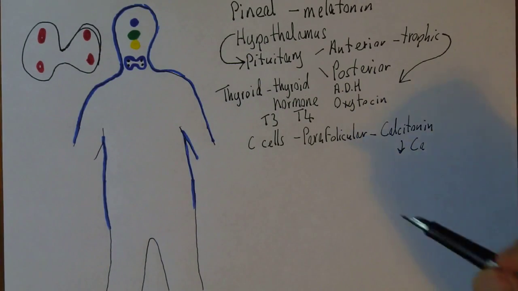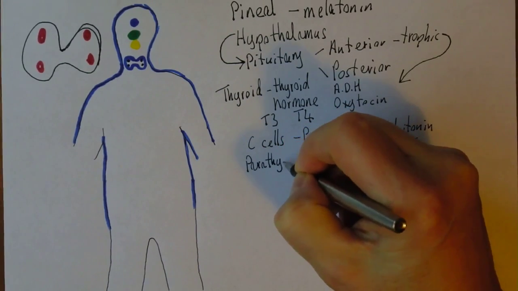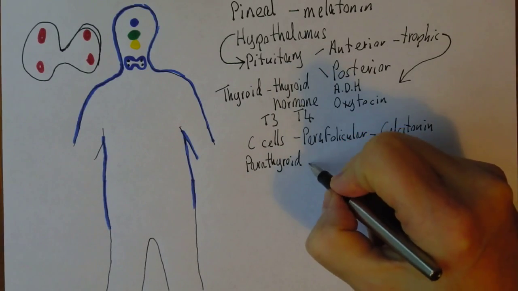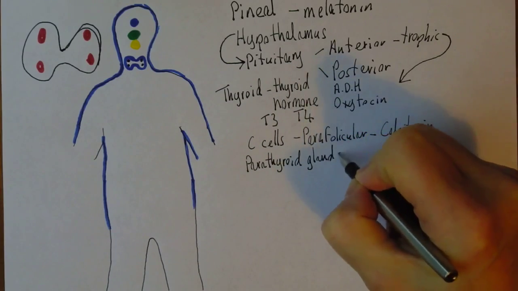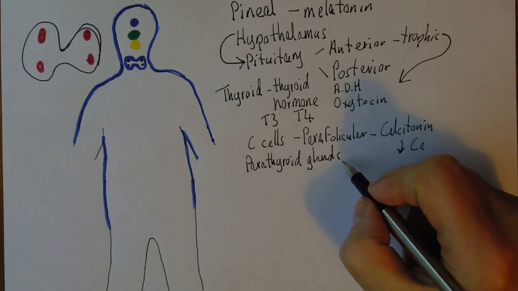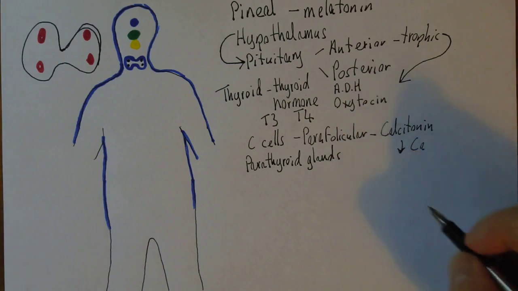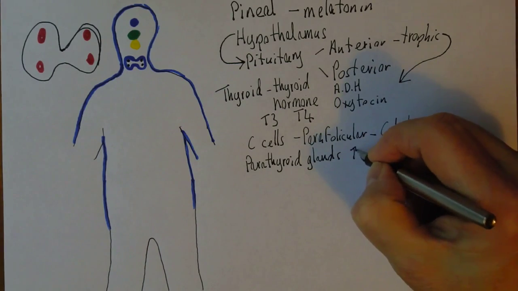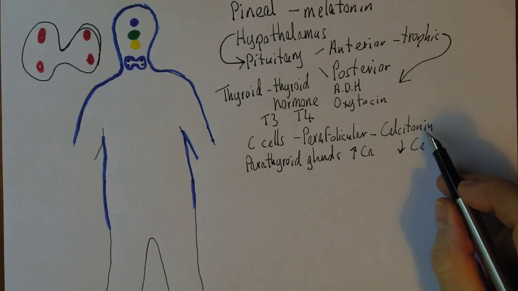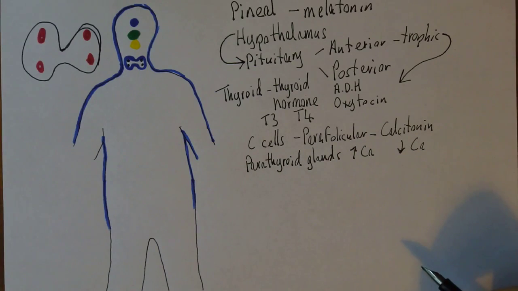And these are the parathyroid glands. And the parathyroid glands just produce a hormone called parathormone, or parathyroid hormone, and that increases the levels of calcium in the blood. So we notice that parafollicular calcitonin decreases calcium levels. Parathyroid hormone will increase